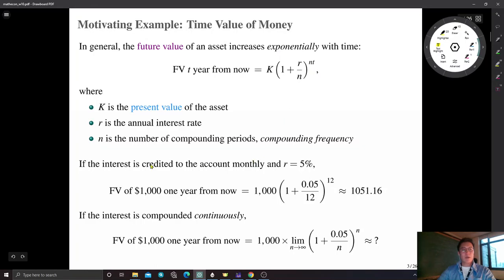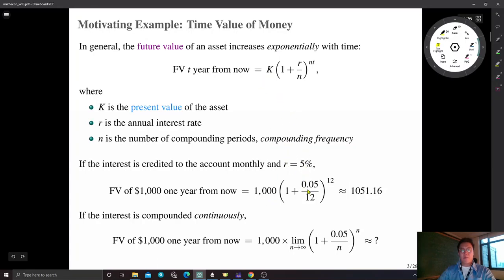So for example, if the interest is compounded monthly and the rate is given by 5%, the future value of 1,000 1 year from now is going to be, now we enter the values we know, 1,000 for k,